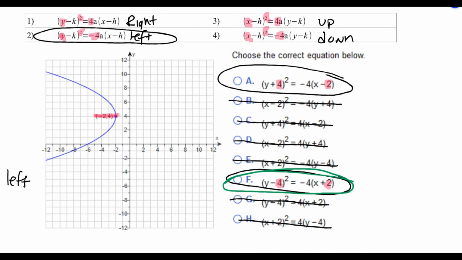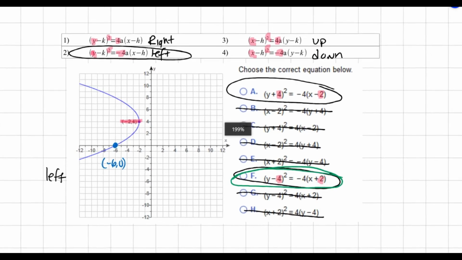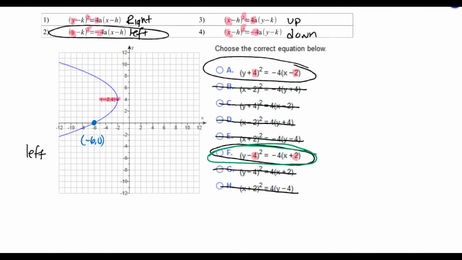So even if we weren't given this multiple choice question, we would still be able to figure out the entire equation by using a second point on the graph. So I would probably choose this obvious point right here, negative 6, 0, because it's easy to spot on the graph. And then we know that we have this left orientation, that's y minus k squared equals negative 4a times